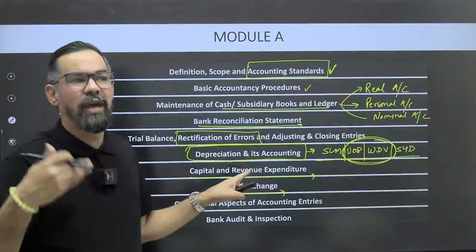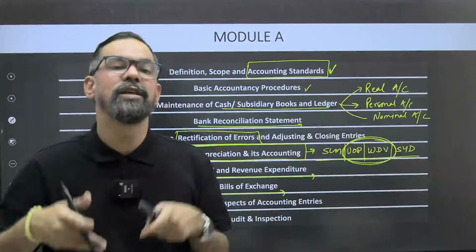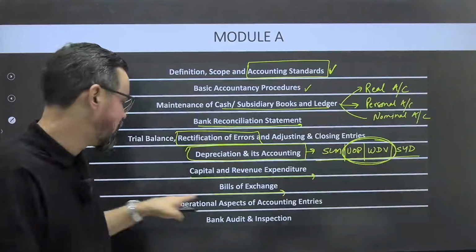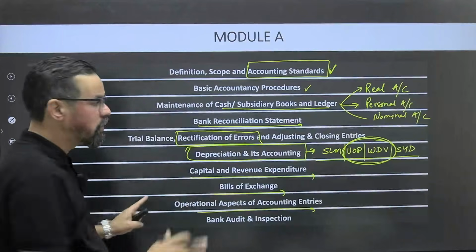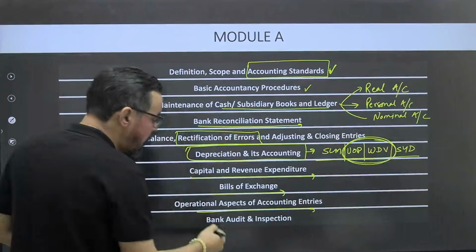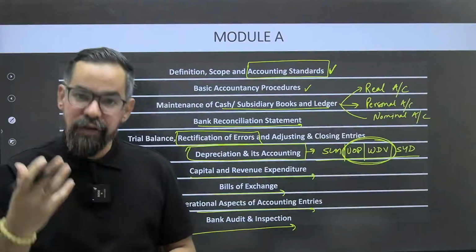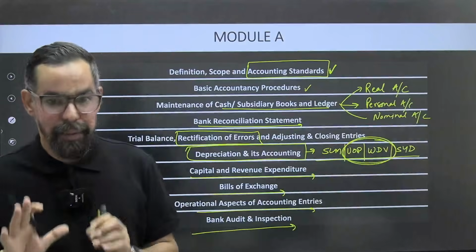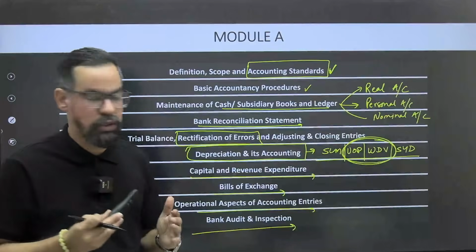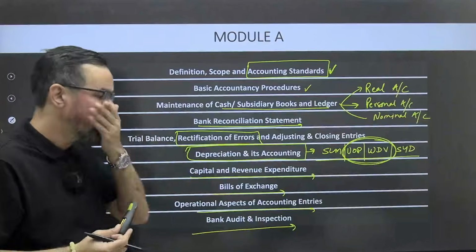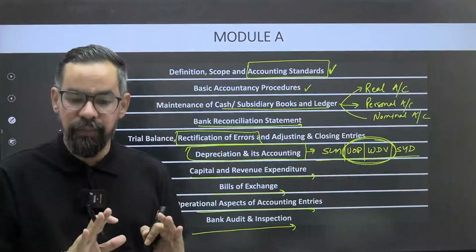Or sometimes we have experienced differences between bill of exchange and promissory note, as we have seen in the recent examination, right? Operational aspect of accounting entries, very simple one, led by these 2 units. Bank audit and inspections, there are some sections in all, different types of audits and others, they are generally part of this one. Again, from this one you can expect on an average 2 marks question. So these are the areas from where on an average 20 to 25 marks question will be there, and mostly